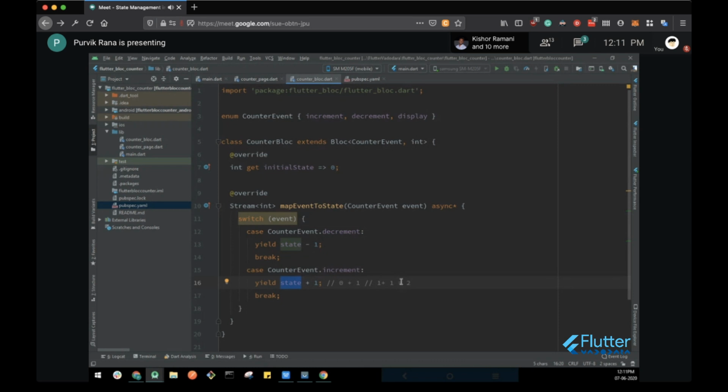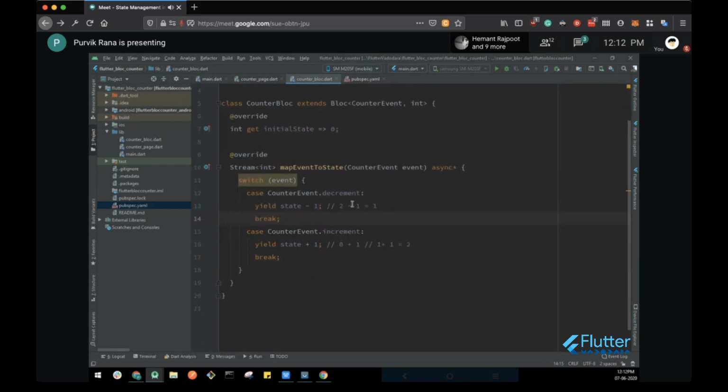So let's say two increments are performed. Now my state has the value two. When the decrement event is performed next, you will have the current state equal to two. Through the business logic that we have implemented here, it will sense that the next event is of type decrement, so it will perform the operation minus one on the current state. It will have the new value equal to one, and it will emit this new value to the UI from this method, and the UI will update the screen based on the new value. That's how this block is implemented.